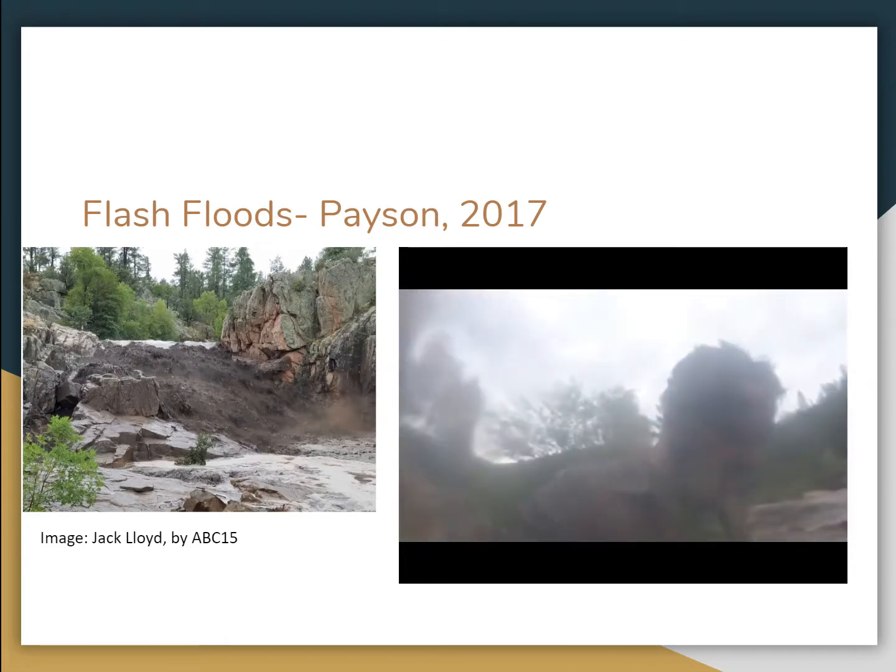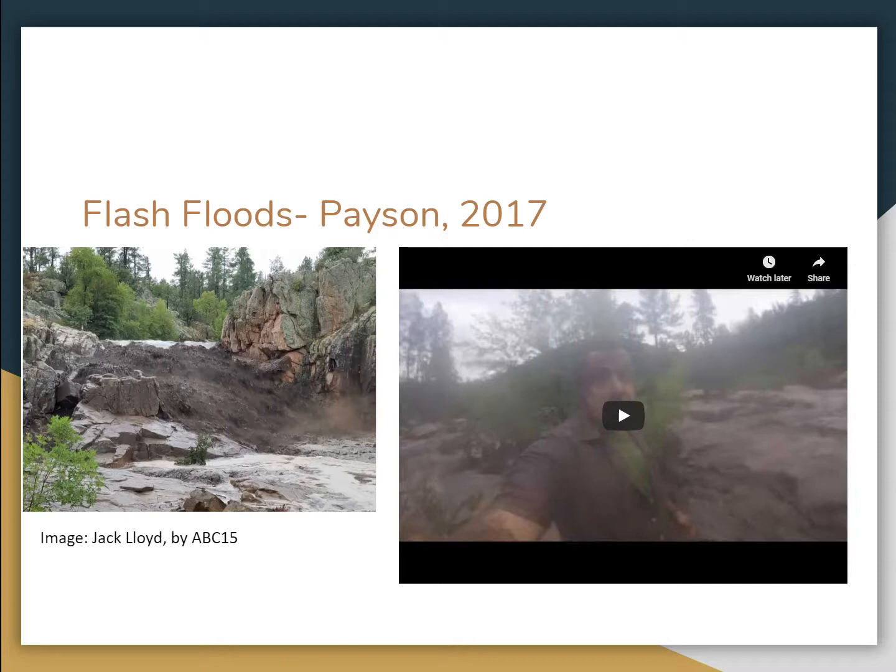So during this, he was holding on to his dog and his backpack and trying very hard not to die. You can see he's pretty shook up there and quite messy because this was sort of towards the end of it. So this happened along Tonto Creek just north of Payson. This was July 15th,